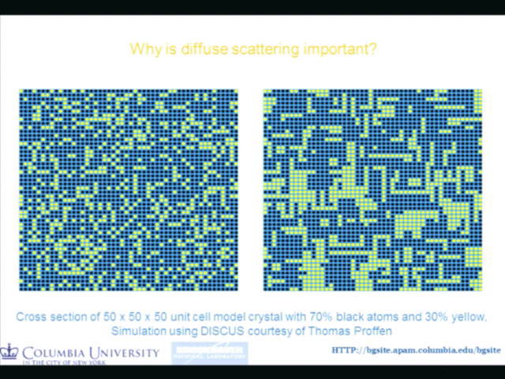We made a simulation of a square crystal, and then we made 30% of the atoms yellow. On the left, we arranged them randomly, or pseudo-randomly. And on the right, we put in some kind of short-range clustering component. If you look at this, you can clearly see the difference between these two. And that's because your eye is a very highly developed